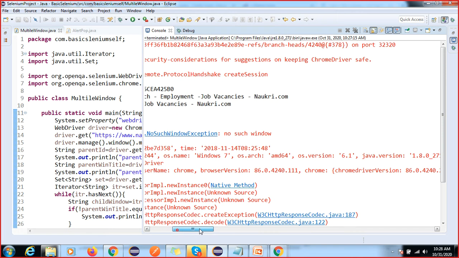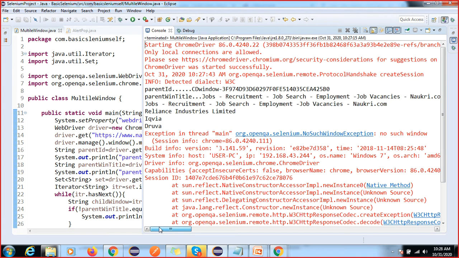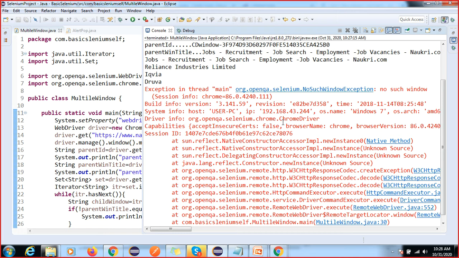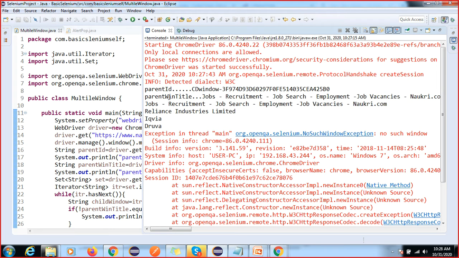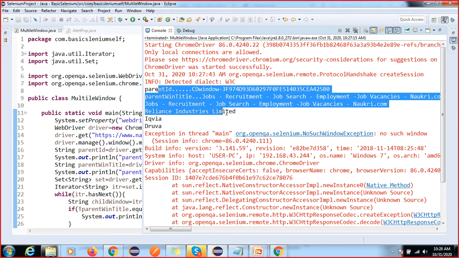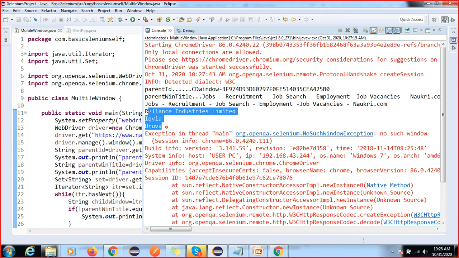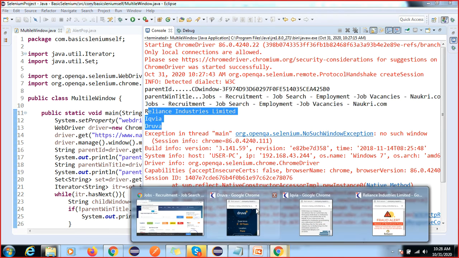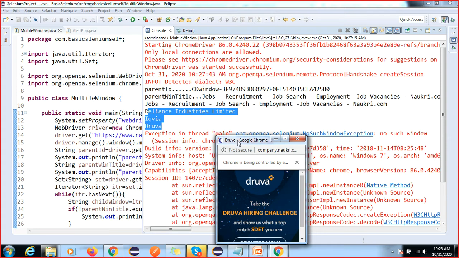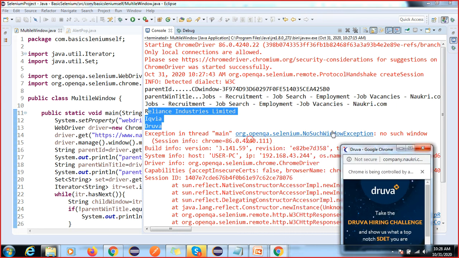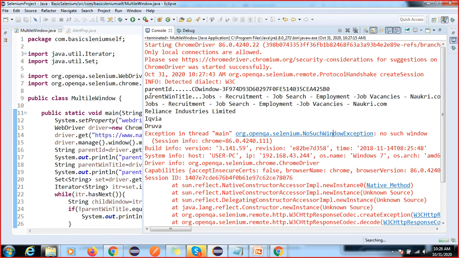It means it is not switching to the parent window. This is the parent window, and these are the child windows, and the id is also displaying, but why is it coming as no such element exception? Let me check.